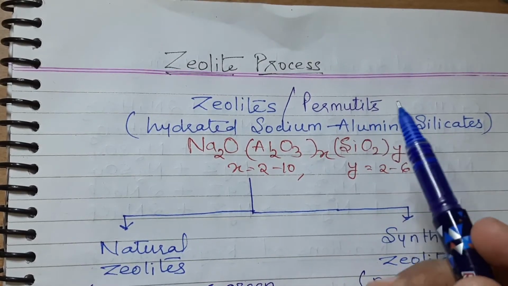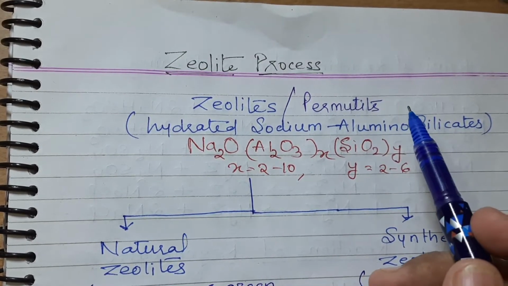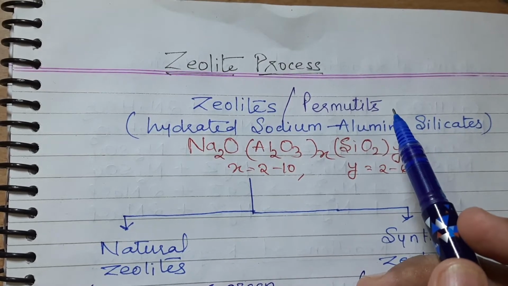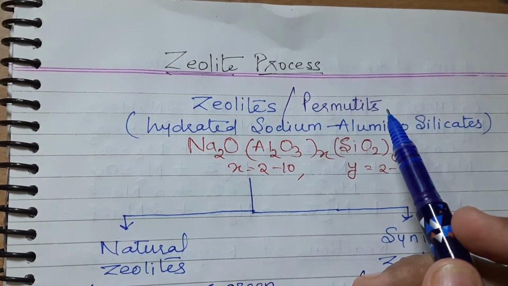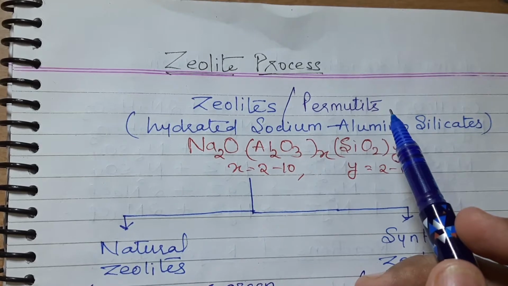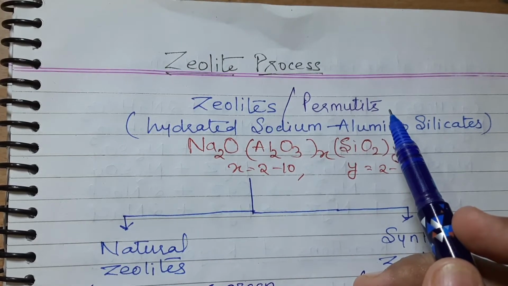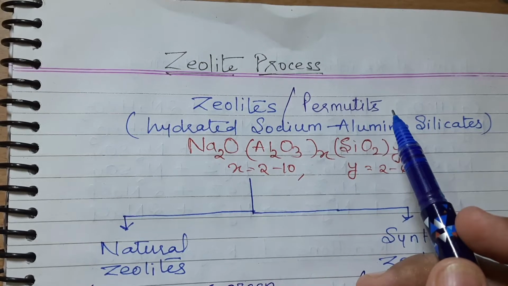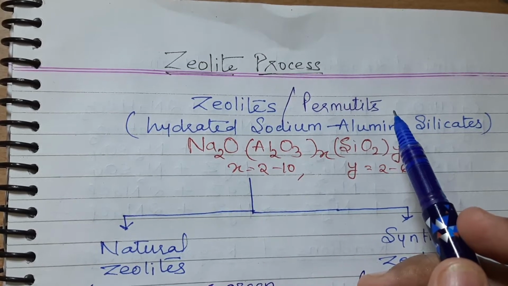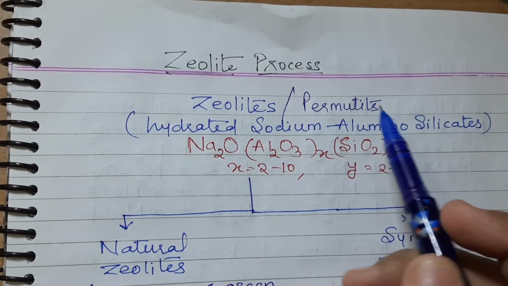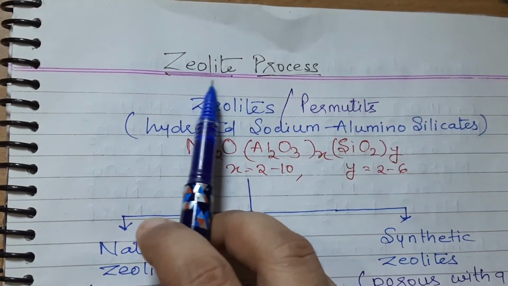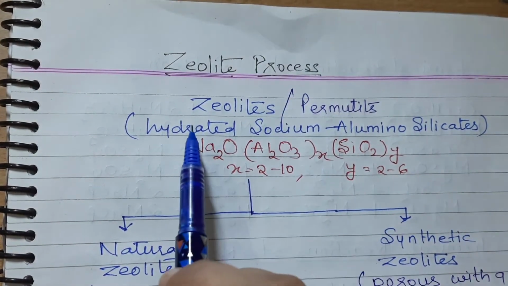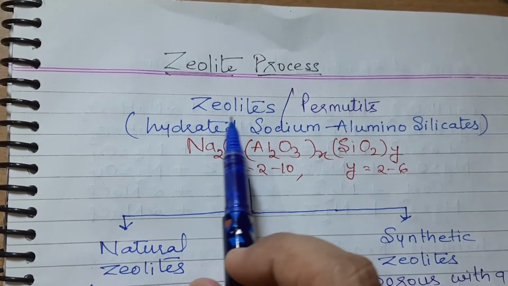So, for the softening of water, that is removal of calcium and magnesium ions, we have the lime soda process, we have the zeolite process, we have the ion exchange process, and there are some internal treatment methods as well which can be employed to avoid the problems caused by hard water in industries. So today in this lecture we will discuss the zeolite process. The lime soda process we have already discussed.